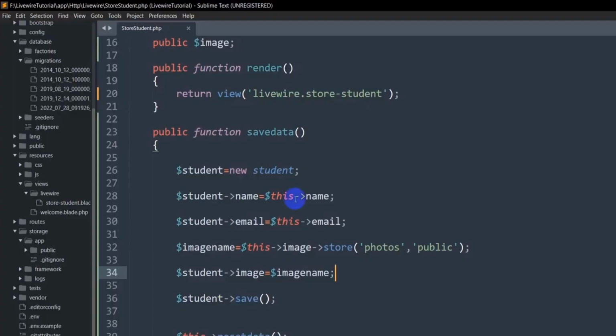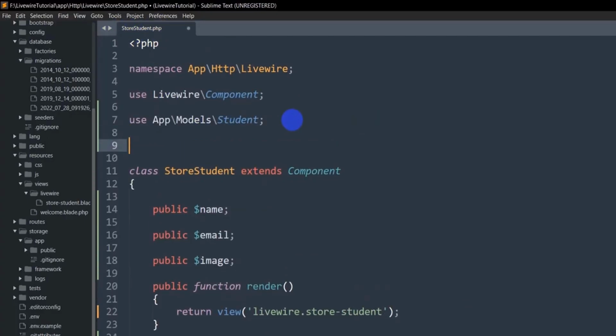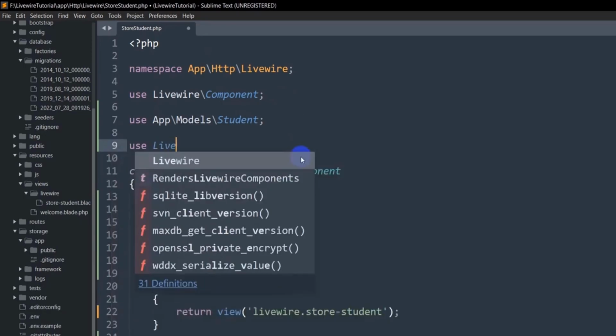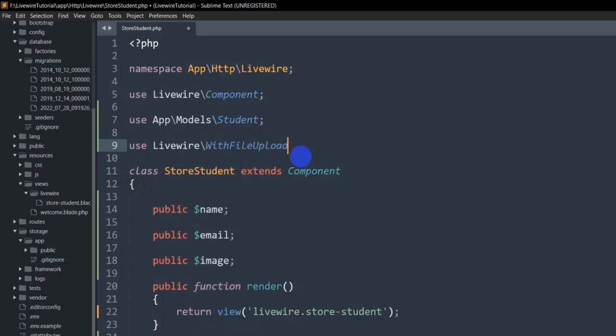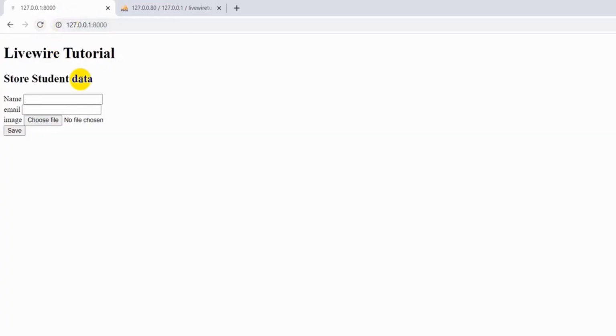Forgot to add one more thing, and that is in the StoreStudent.php we need to add something else for file upload. So we say over here use Livewire\WithFileUploads. There is an S at the end of uploads, and again we also need to use this WithFileUploads over here inside the class. So we say here use WithFileUploads like this. Okay, so right now let's go and refresh here again, and let's say here